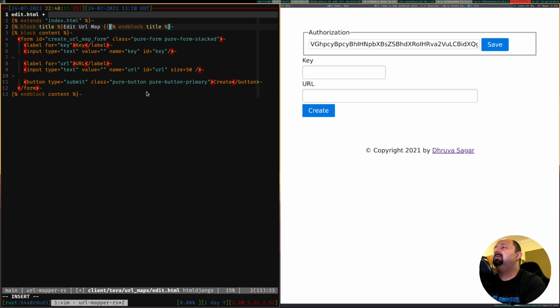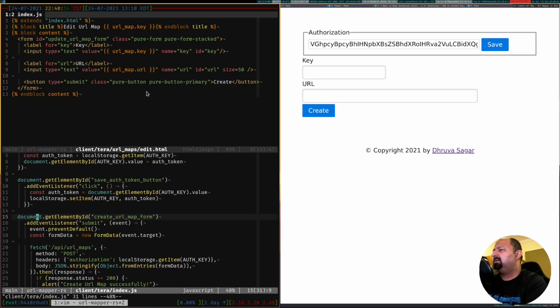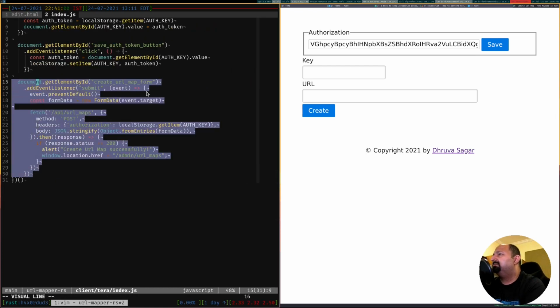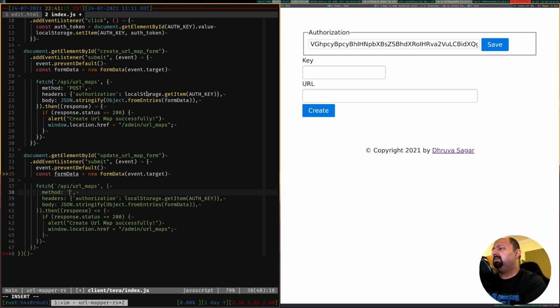Now here we are going to have a reference to a URL map, and so this is no longer create, this will be update. You need to populate the values. That's it. So let's go to the JavaScript. It's going to be very similar to this, obviously, and instead it's going to be update URL map form. Everything else is going to be the same, except yeah, now the URL is going to be different, and also it'll be a put request to actually update it, and the API goes something like, I believe it's slash